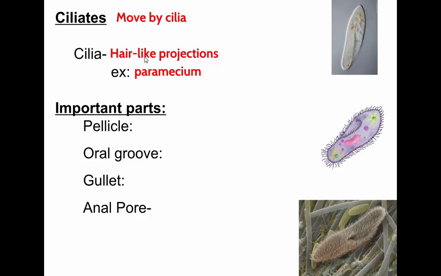The paramecium always has this distinctive shape. So the amoeba, its shape is always changing. But the paramecium always has this, it looks like sort of a footprint. Sometimes it's called slipper shaped. And it has that shape because it has this kind of shell around the outside. That shell is called a pellicle. It's almost like a cell wall that gives the paramecium its shape.